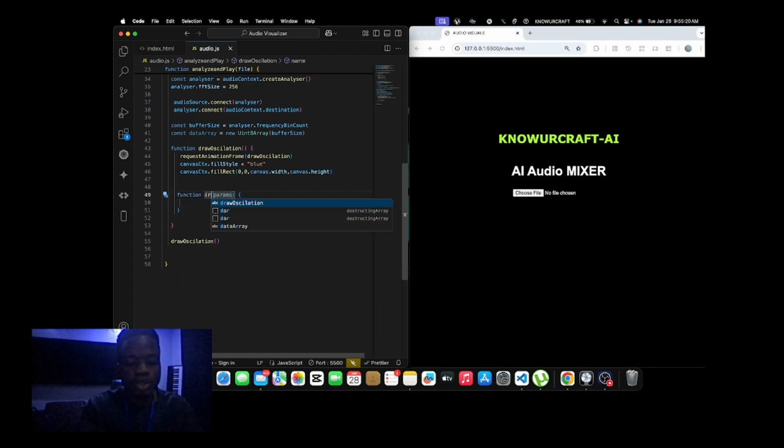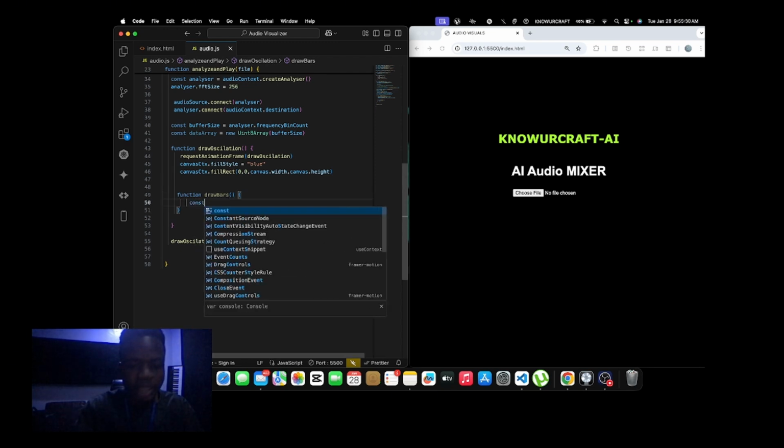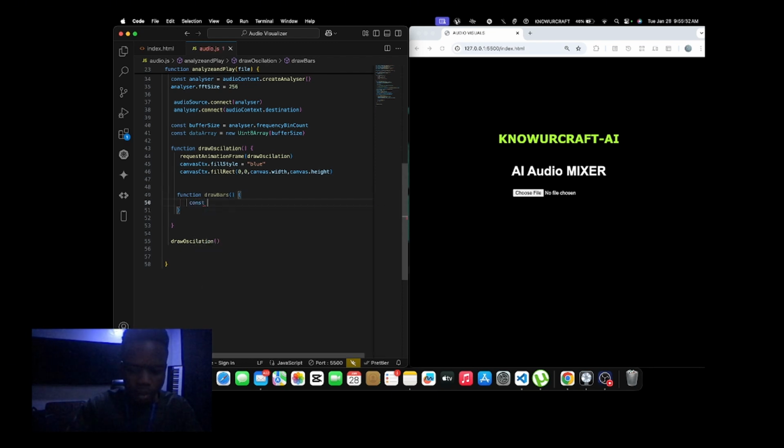So we're going to say draw the bars. Okay, we're going to draw the bars, those bar chart that displays up and down. So now once you draw the bar, we're going to get the width of the bar. Okay, the bar actually needs a width. So we're going to call this bar width. Yeah, so this bar width is actually going to be equal to